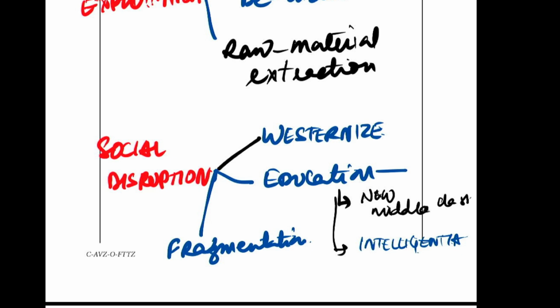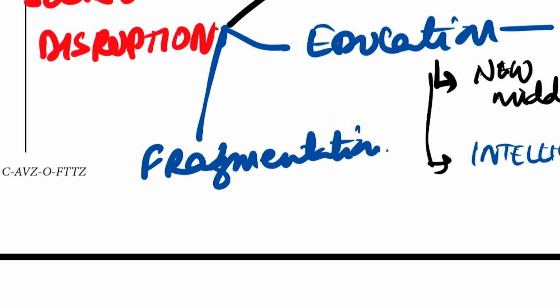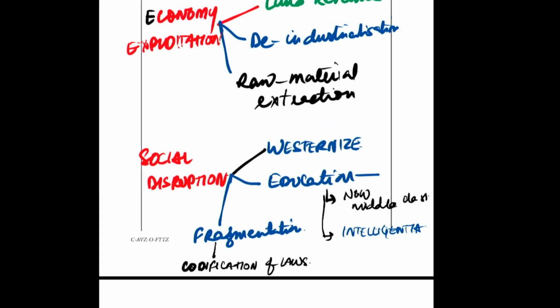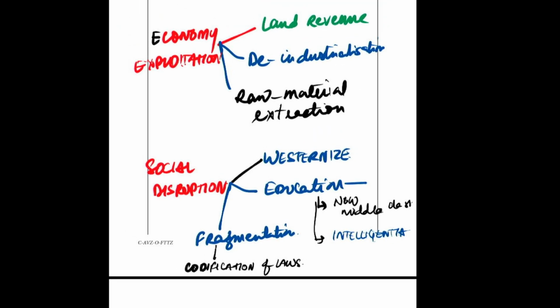The codification of laws, the fragmentation by their attempts to codify. That's when it began. I mean, that's still going on, and that's what is still happening. It's an attempt to fragment the society when you try to bring in code and strict rules. And you have to do such things very carefully.